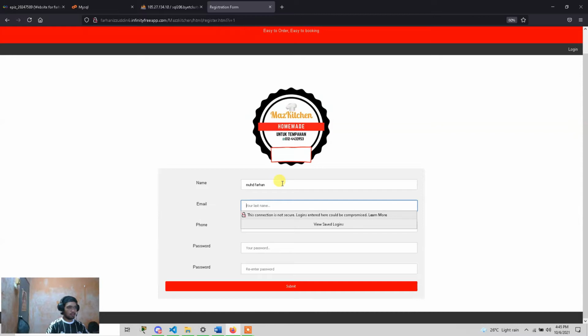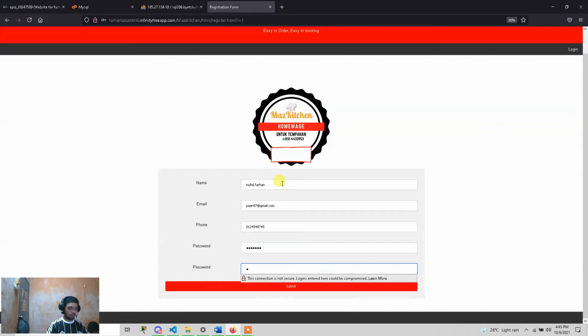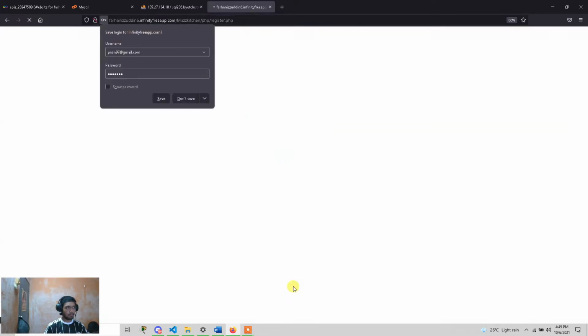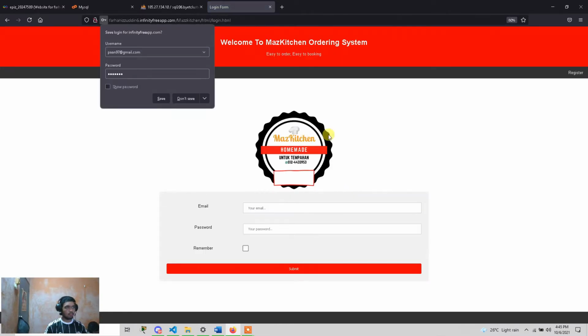For the email, Farhan. Number. Password, Pak An 123. Then press the submit button. Then the register is successful. Then return to the login.